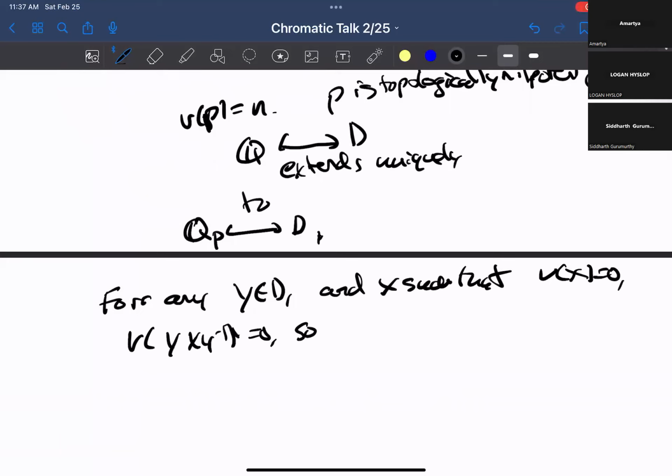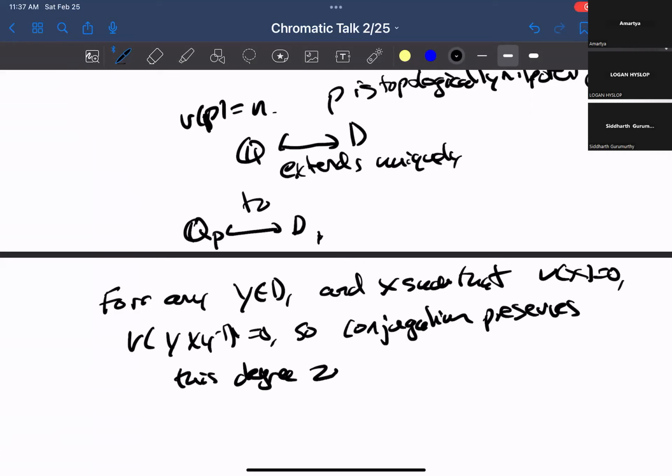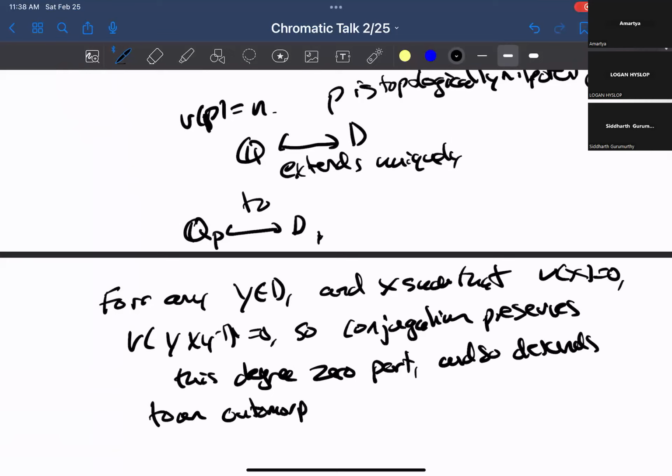So we have that conjugation preserves this degree 0 part. And so descends to an automorphism of,